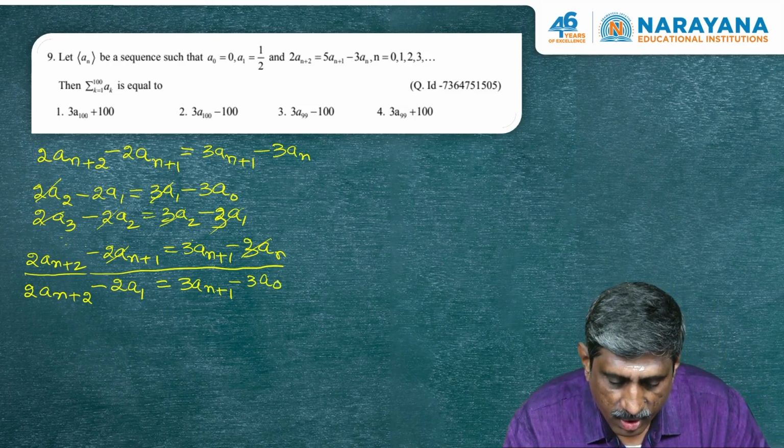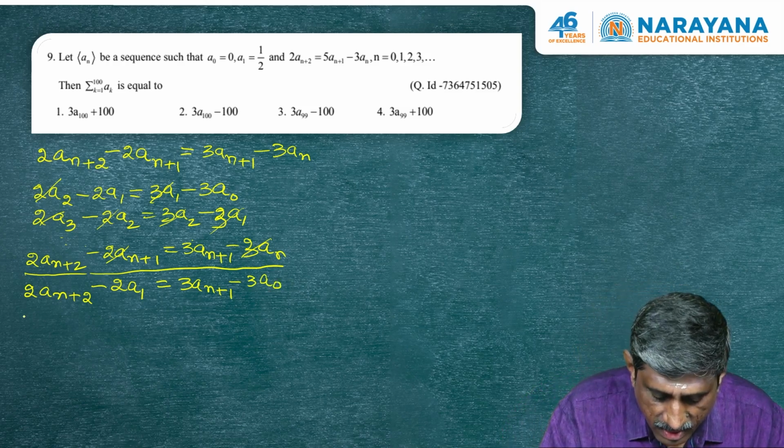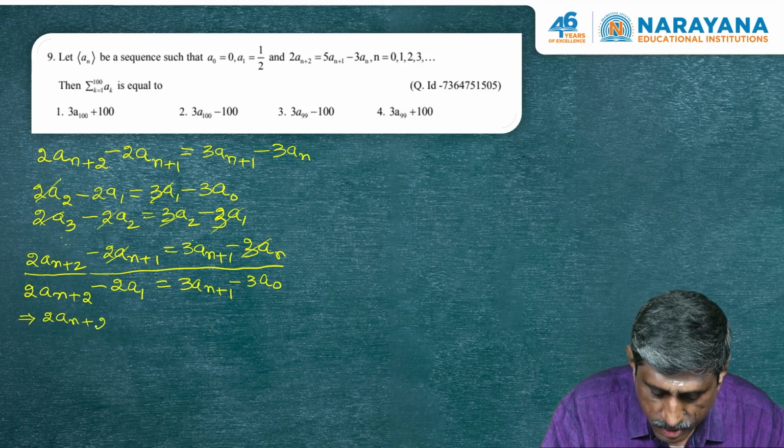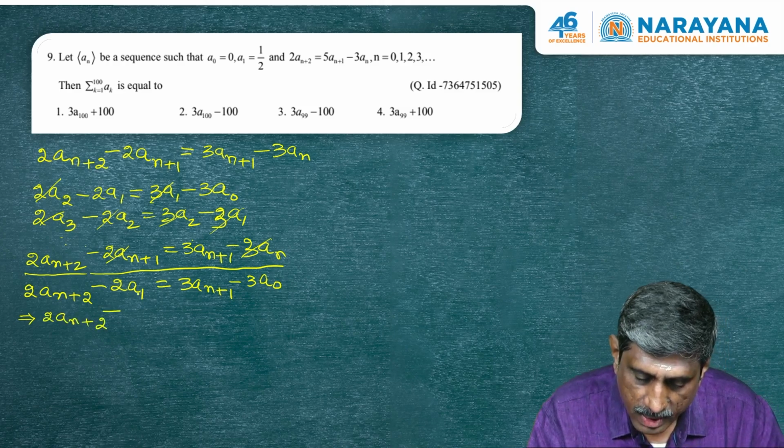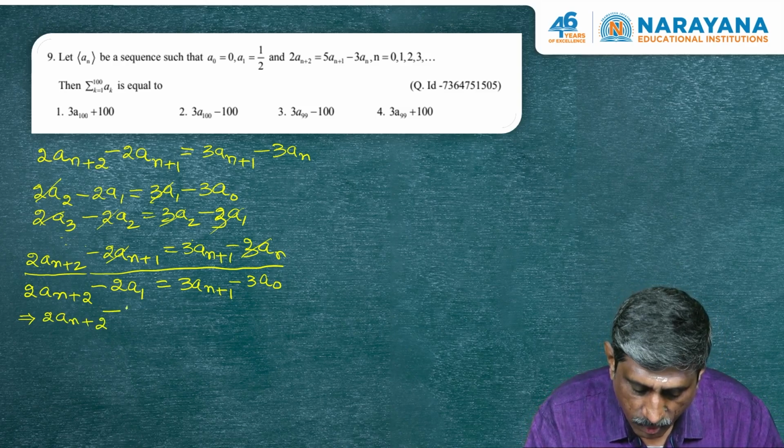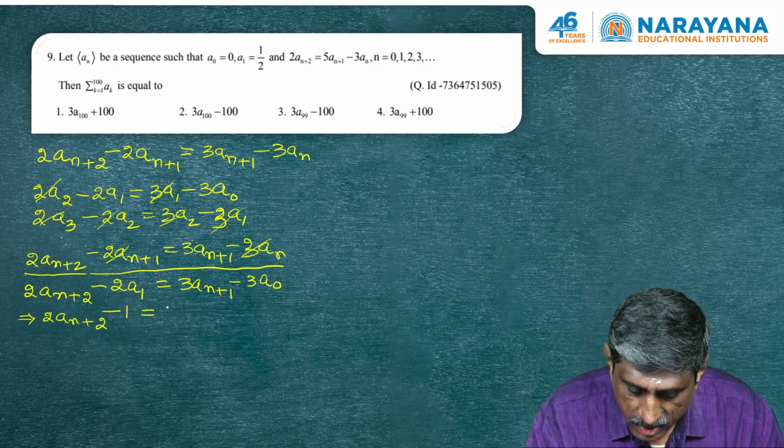When you put the values of a_0 and a_1 here, this is 2a_{n+2} − 2a_1, and a_1 is 1/2, therefore 1